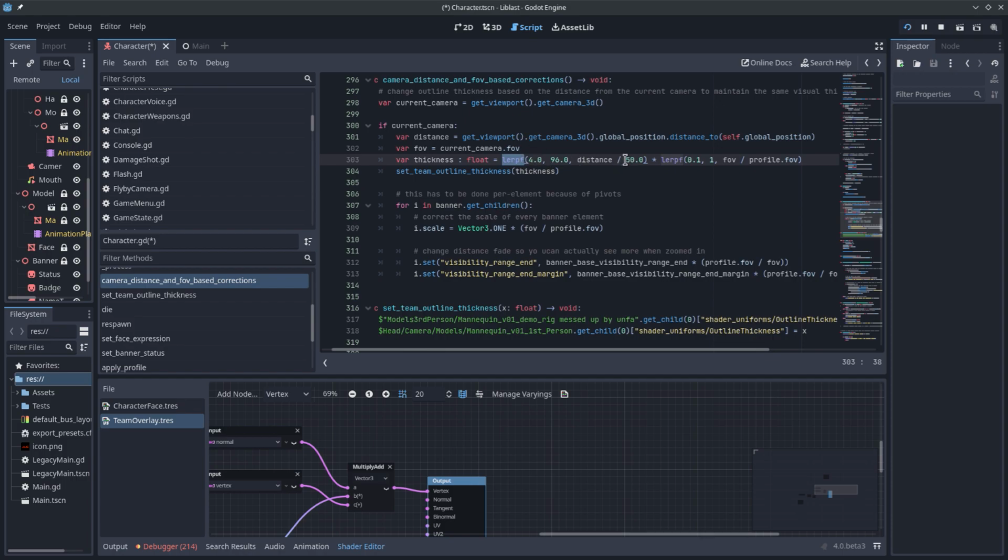So I'm taking into account the distance by 50. That basically means that at the distance of 50 units from the camera, the thickness is 96. And when you're at 1, or 0, it's like 4. So that's a huge difference. And then I'm multiplying this by the FOV. So I'm correcting for field of view, because otherwise,